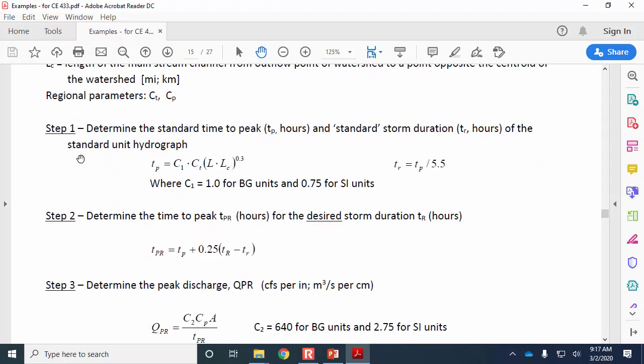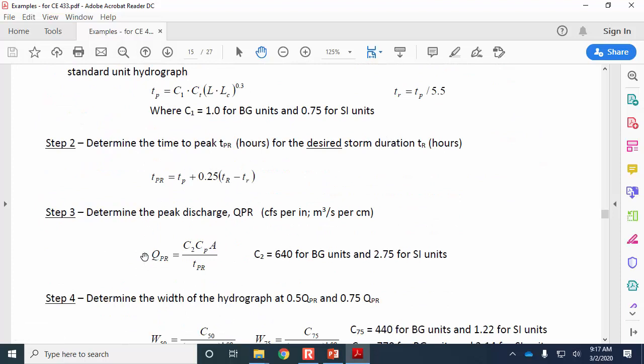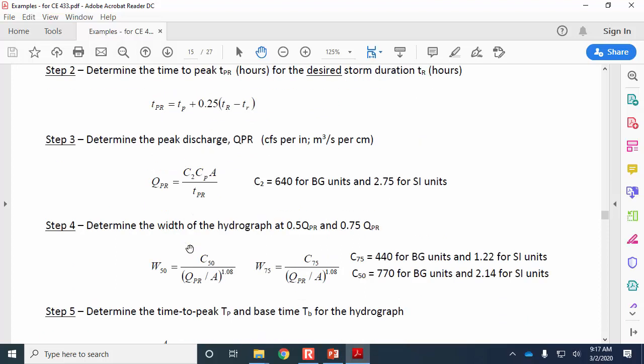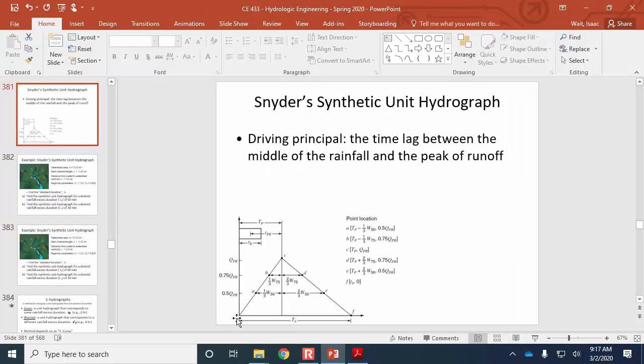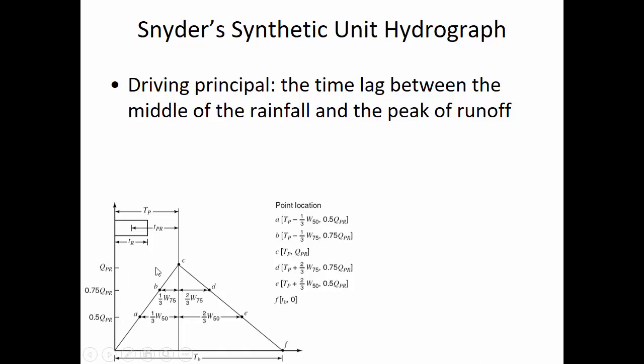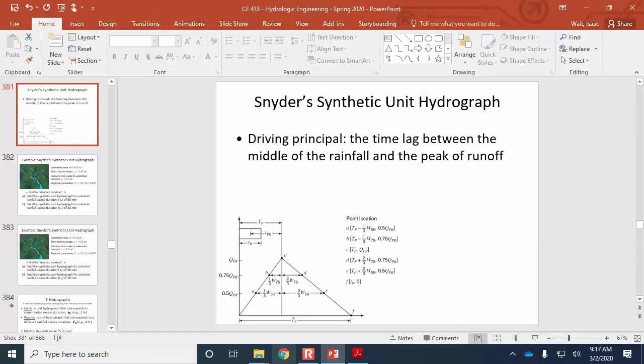use characteristics. And so I just want to point out that here, when you're finding the unit peak discharge, that isn't accounted for in the formula directly. It's an indirect effect. And the C values here don't really have any meaningful units. So once you know the Q sub PR, what that's showing you is how high the peak is for an inch of rainfall excess. And the question then is